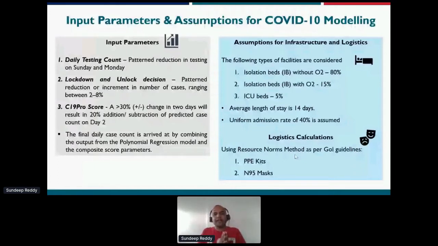Because if you notice, for a government machinery to get a hospital set up, it at least takes anywhere between 7 to 14 days. So someone has to act upon it now so that the caseload coming in the next 2 weeks can be tackled. These are the kind of premises and the assumptions that led us to take a